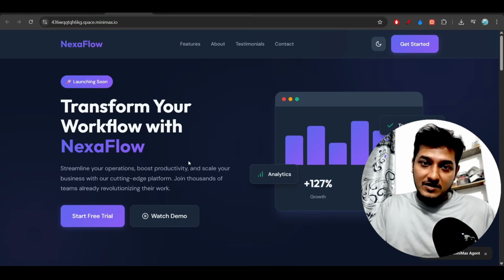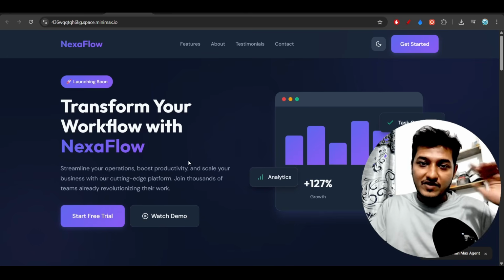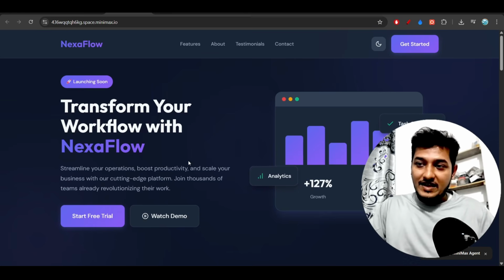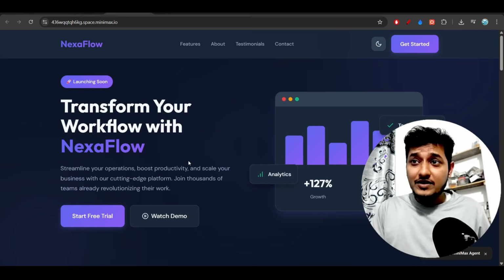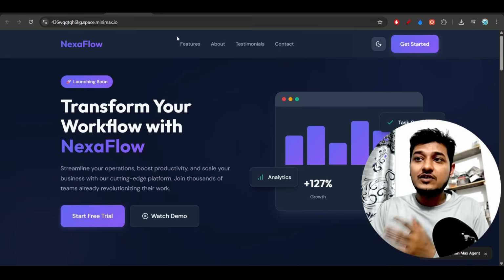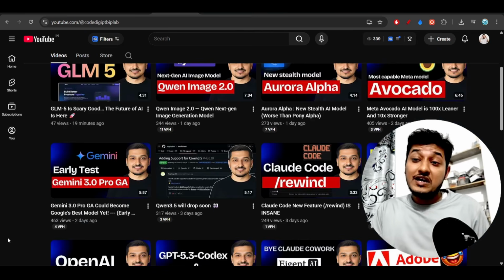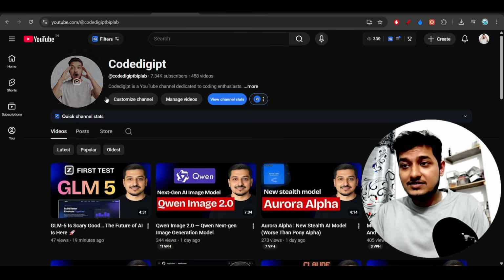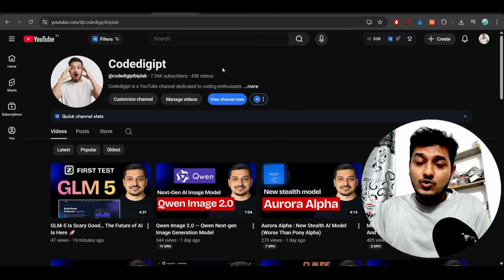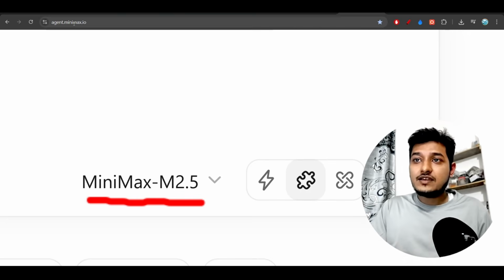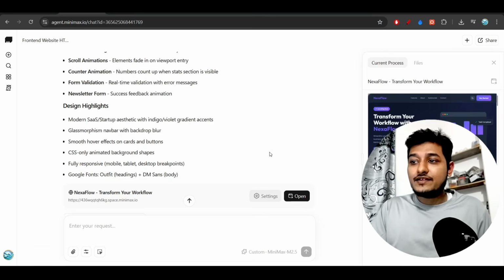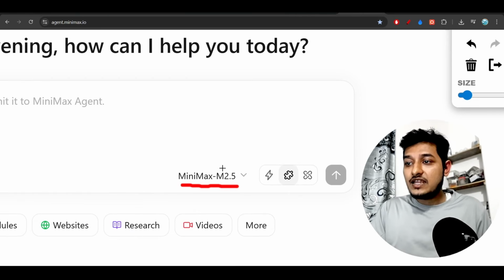Because for Minimax M2.1 the price was very low compared to Opus, and when they release the actual pricing chart, then I will make another separate video, and there I will discuss how you can access this model through API. Otherwise, go to this website link agent.minimax.io, and here in this drop down